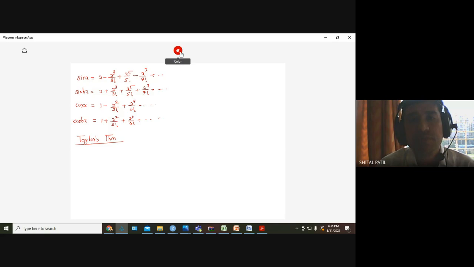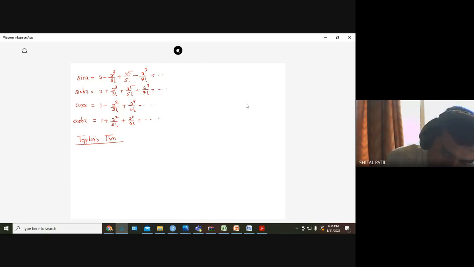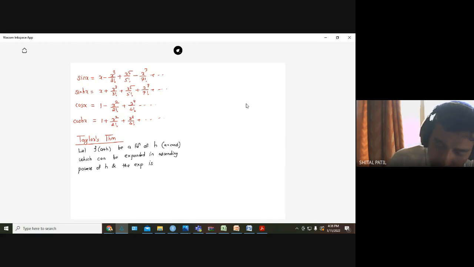So already we studied Maclaurin's theorem. Now the next part is Taylor's theorem. Write the statement of Taylor's theorem. Let f of a plus h be a function of h, where a is constant, which can be expanded in ascending powers of h, and the expansion is differentiable term by term. Then